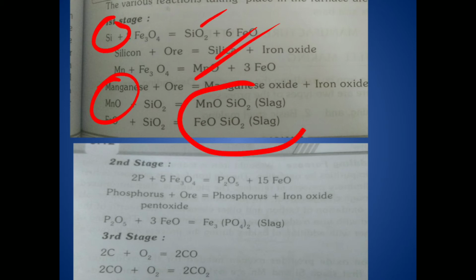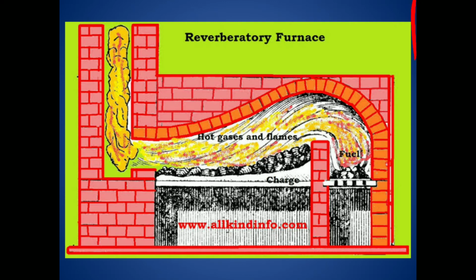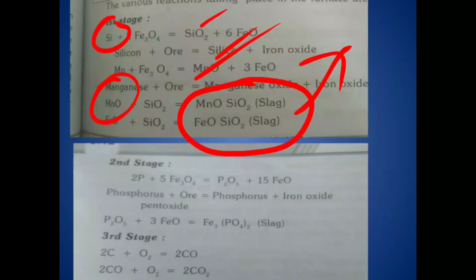Finally, this is called manganese or silicon oxide. This is called slag. This slag will get eliminated in the first stage. That means pig iron will have chemical reactions with the iron oxide. Already the iron oxide is lined in the hearth of the furnace. In the hearth only we place the charge. That charge will receive the heat from the gases when they are passing through it, in the dome shaped roof. This is called the first stage.